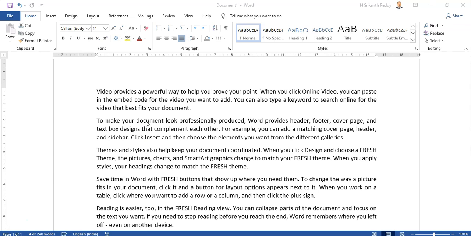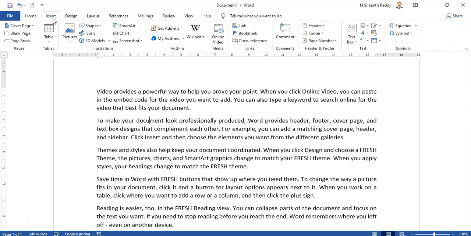So either you can select text like this, or you can just click. If you want, for example, this document, to take you to a place, here I have clicked document, and normally how it is done is you go to Insert, and then you insert a hyperlink there.